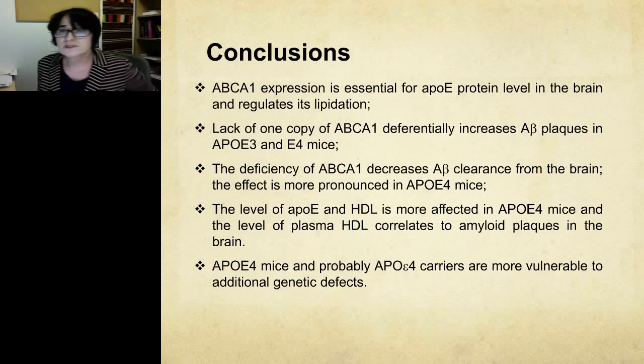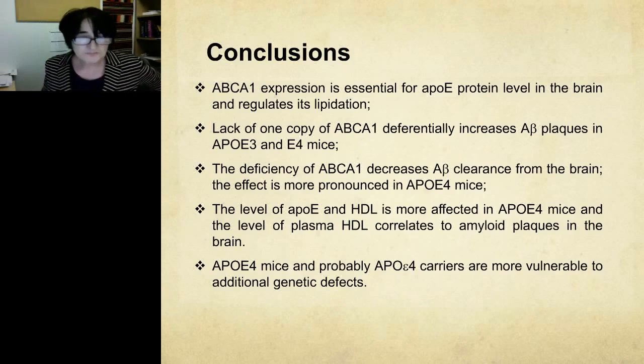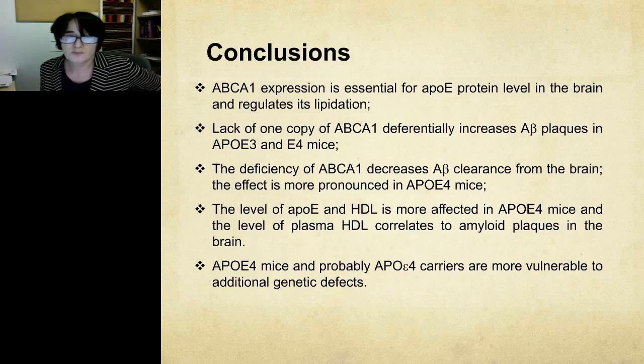So the conclusion from this study is that ABCA1 expression is essential for APOE protein level in the brain and regulates its lipidation. Lack of one copy of ABCA1 differentially increases A-beta plaques in APOE3 and E4 mice. Actually, it means that it increases A-beta plaques in E4 mice and does not have an effect on APOE3 expressing mice. The deficiency of ABCA1 decreases A-beta clearance from the brain, and the effect is more pronounced in